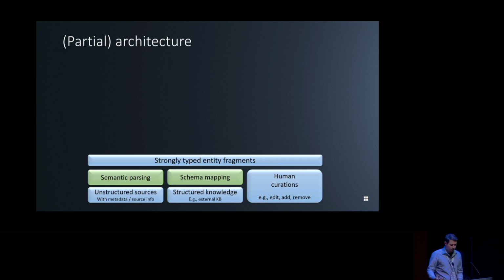Then for the structured knowledge, you just have to map the schemas, typically, in order to map it to the schema of your knowledge base. And then what you have is what I call the strongly typed entity fragments, for lack of a better name. At that point they are entity fragments because they have the corresponding properties and property values. So we know that at that point we constructed an entity. It is strongly typed because it has the corresponding types, but it's still potentially a fragment because we haven't put the pieces together. We just extracted them from somewhere, okay?